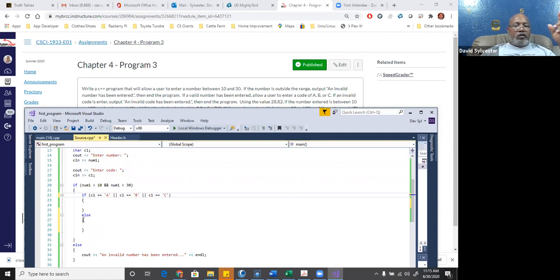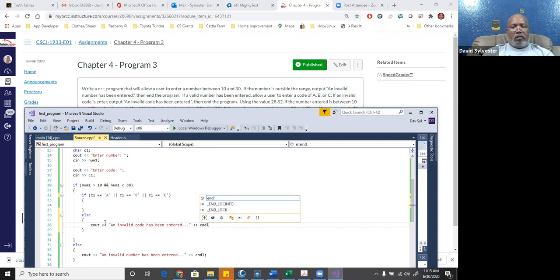So now I have if A, B, or C, then it's true. If it's not A, B, or C, I said what? An invalid code has been entered. So I can go in here and say cout. All right. So now, if I run the program again,